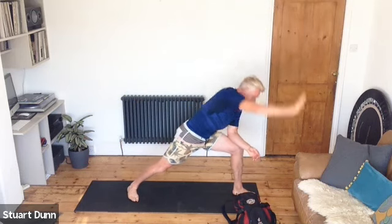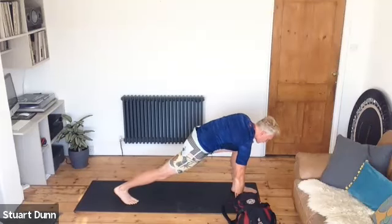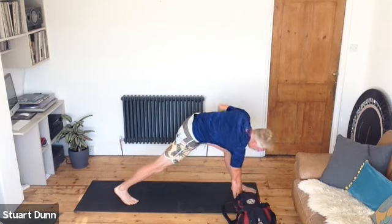And then bring that arm down to the floor, pivot your back foot, heel goes up. The leg that's forward, the same hand reaches up. So twist, stretch your back leg away, breathe, and then come up, and then turn around to the other side,